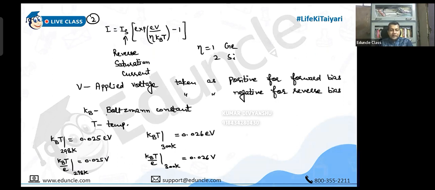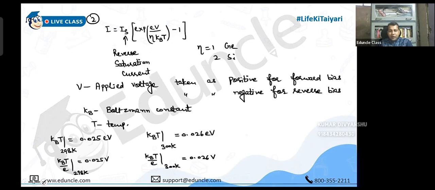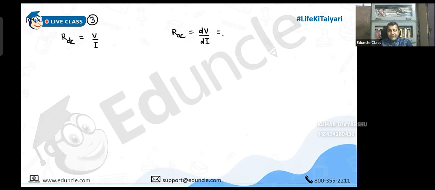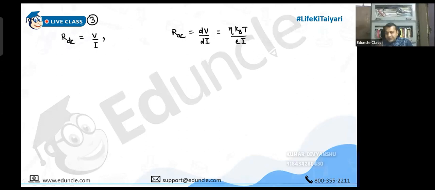Then how to get the resistance of the diode? One is RDC, which is called static resistance, given by V by I, and another one is RAC, which is given by dV by dI. And there is a formula for this. Can you tell me about that formula? Eta kT by eI, isn't it? RDC means static, RAC means dynamic. Of course, in the past I don't think any question has been asked based on a simple diode, but